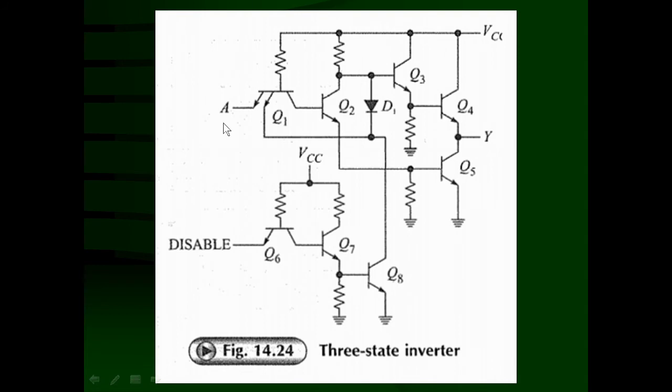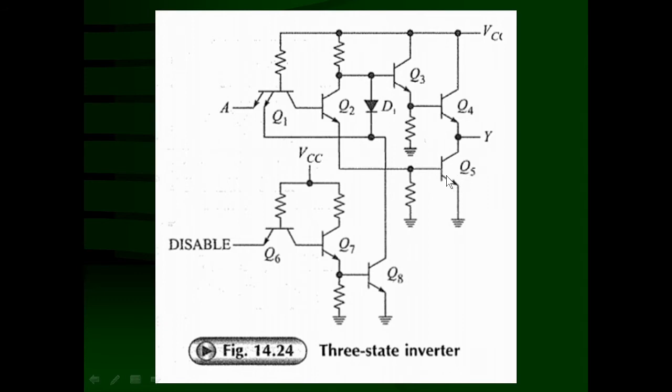Opposite to this, the second condition: if disable is going to be low, again the same thing. Transistors Q7 and Q8 are going to be off. So the D1 cathode and the second emitter of Q1 are disconnected, or floating. If A is going to be high, the base-emitter junction of Q1 is going to be reverse biased. So the emitter current does not exist. Transistor Q1 is not conducting in this direction, but that potential is approximately 5 volt. So transistor Q2 is conducting as well as transistor Q5.